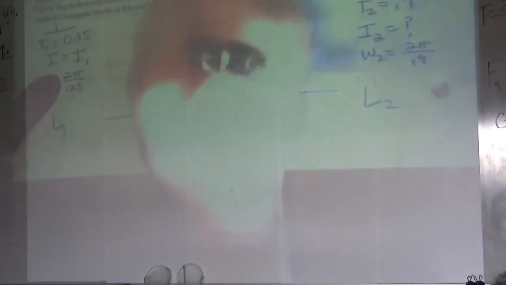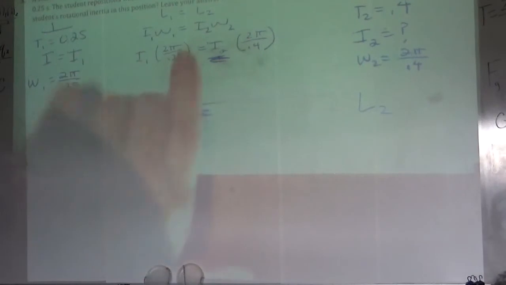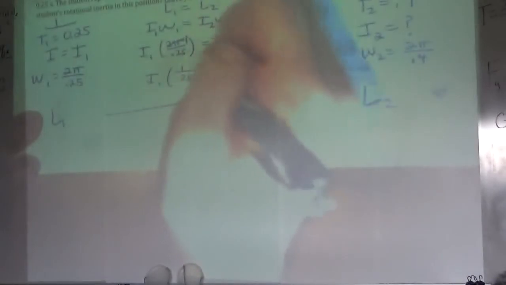And now we substitute in. So I1 times omega 1, which we said was 2 pi over 0.25, equals I2 times 2 pi over 0.4. Now I'm trying to get I2 by itself, and I want it in terms of I1, so that's totally fine that we plugged in I1. The 2 pi can be canceled out, since you've got it on both sides. So if you have I1 times 1 over 0.25 equals I2 times 1 over 0.4, you can just multiply by 0.4 on both sides, and that cancels out, and then you put that in your calculator, and you get